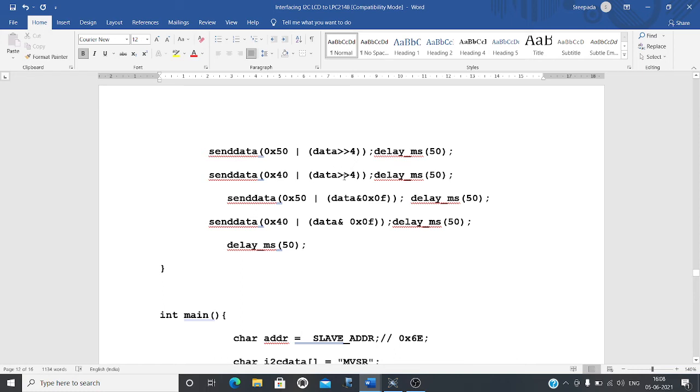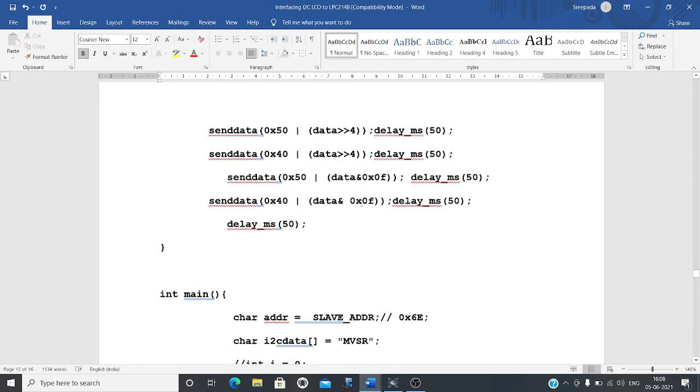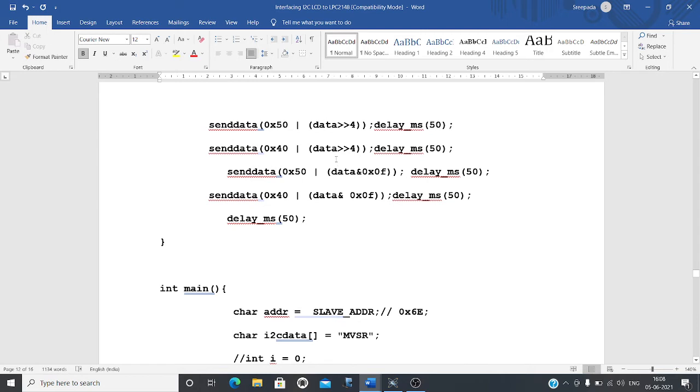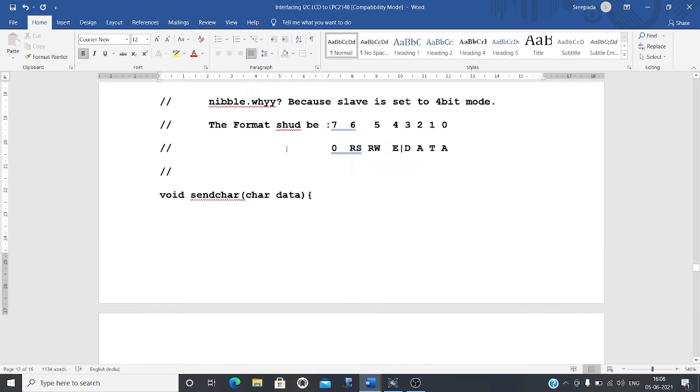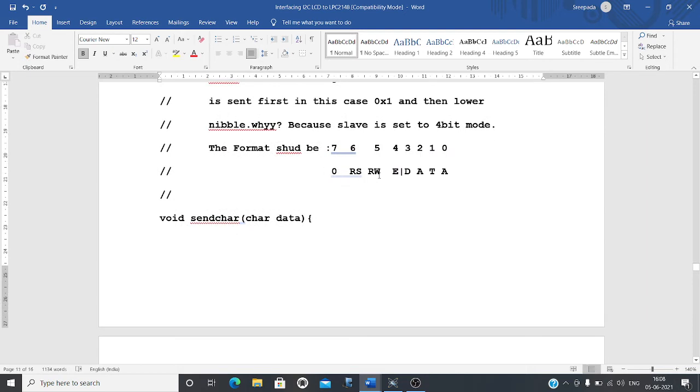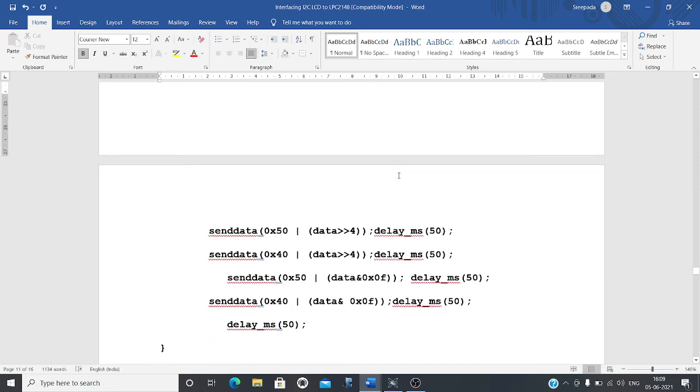Once you did that, you are calling the send data function one more time, and this time you are sending the same data but with 0x40, that is 0100.